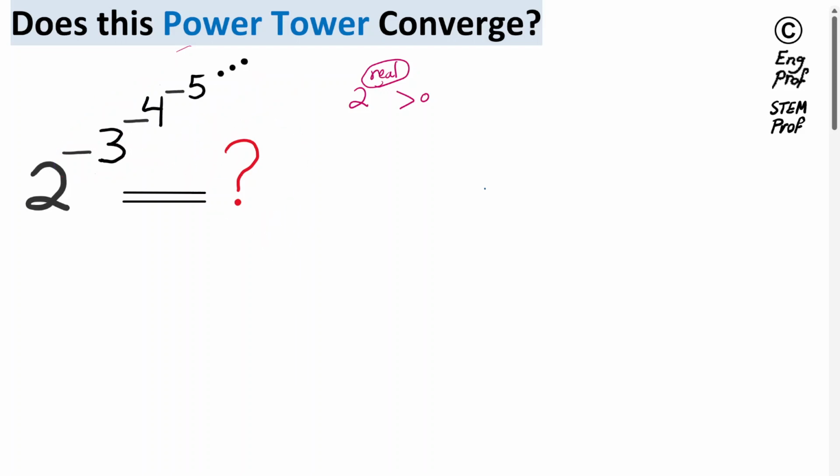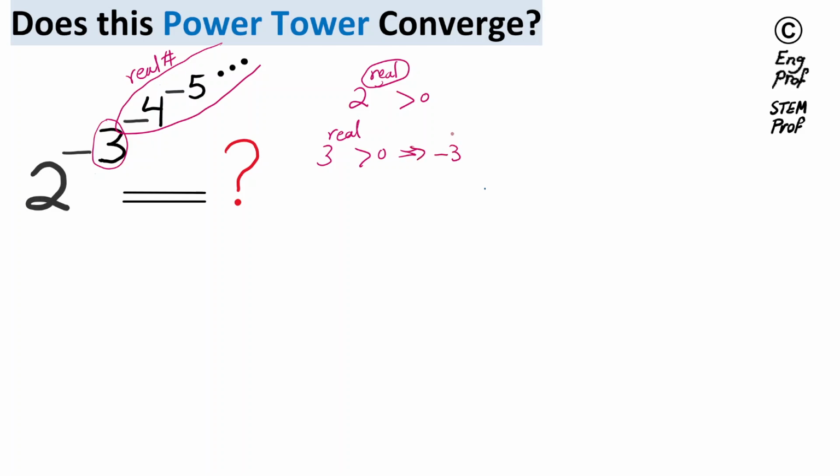Okay, so let's now focus on the next base in the exponent. So we have 3 to the power a real number. So here is a real number. If we focus on that, we can observe the same thing. We can say, all right, we have 3, so let me write it here. We have 3 to the power a real number, which should be a positive number. If we negate it, we end up with negative 3 to the power a real number, which is highlighted here. And since we multiply both sides of an inequality with a negative number, it should become less than